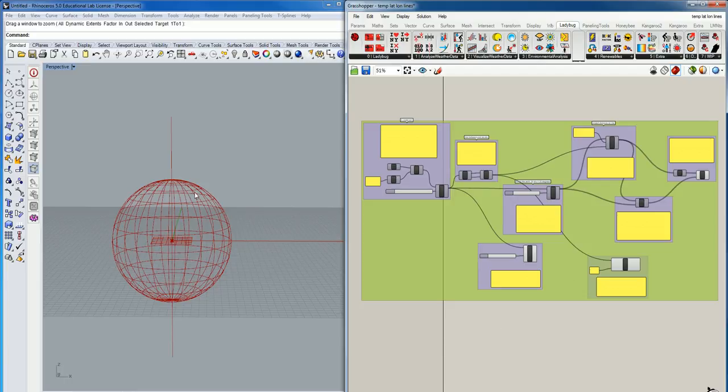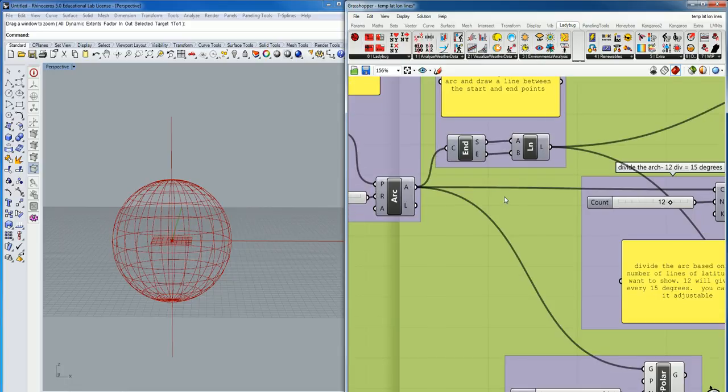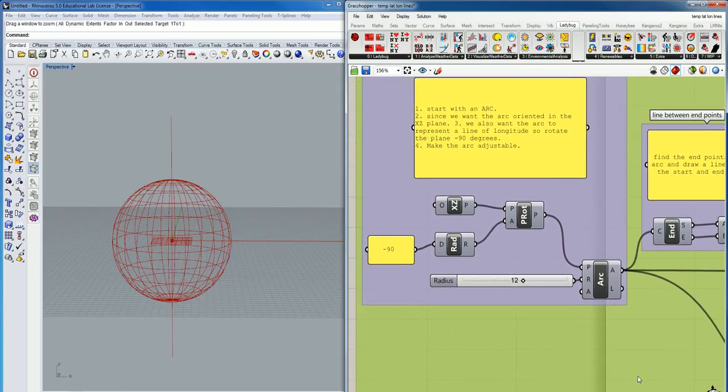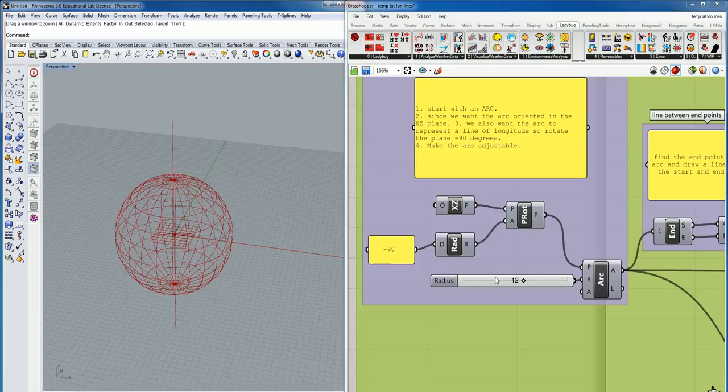So this was the definition that I worked with you guys on creating that essentially created the lines of lat and lon from a series of arcs. Okay? So going back through some of this logic, we converted radians to degrees, and we rotated the arc so it was starting as the prime meridian, right? We fed that into there. We gave it how many of the what diameter arc we wanted, and that became the very first arc in